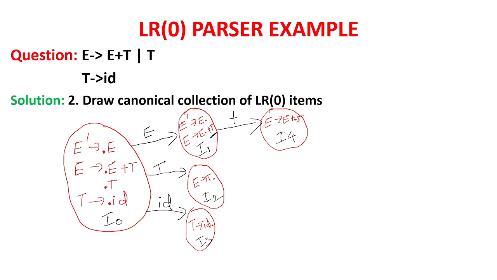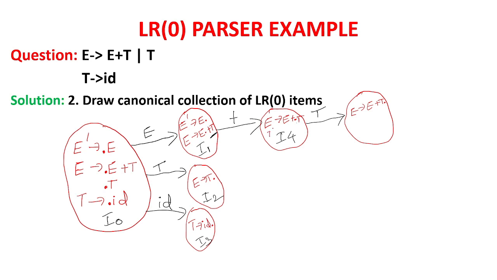Now here if you see after dot in I4, T is there. So we can expose this T non-terminal or variable, because after dot something is there. So we can expose it. So now we are exposing the non-terminal which is there after dot, that is T. So E produces E plus T dot. Okay, so dot will come after T because T is exposed now, or T is visited. So can we go further? No, because after dot nothing is there now in this production.